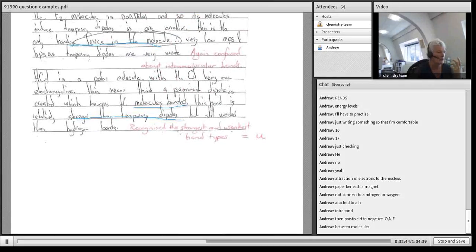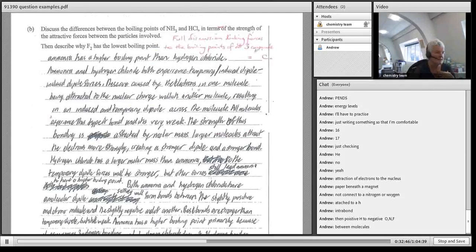Okay, if I go down to the next one, this is a very detailed person. This one got an excellence, and we're not going to go through all of this, but you can see it's C for comprehensive, which means an excellence, and that immediately ups you to an E7. If you get a good chunk of it comprehensive, you've got an E7, even if you got some other stuff wrong on the question. Okay, so they first state that it's got a higher boiling point,